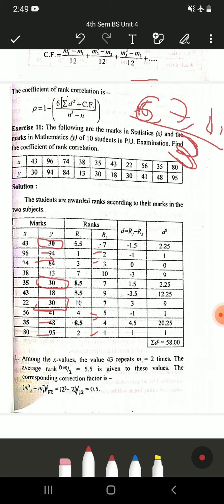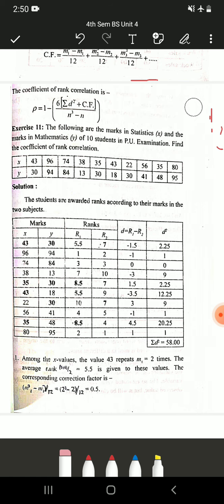So what is the average? It is the middlemost of these 3 terms. So it is 7, or else add 6 plus 7 plus 8 and divide it by 3, you will get it as 7. Therefore we will assign 7 where all the number is 30. So we have assigned 7, 7 and 7, and then we have assigned 6th, 7th and 8th value.